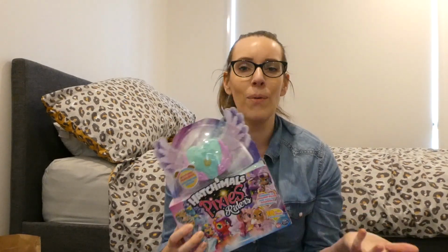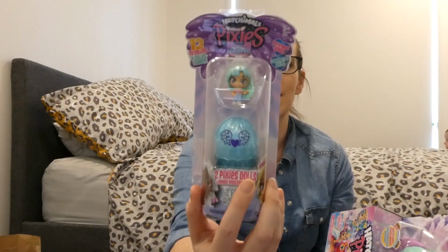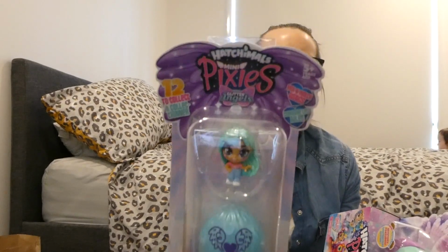And then my youngest one just loves everything. I mean, especially stuffed animals and anything her sisters have. So we're not looking at the newer toys or anything. When I went to the store, I was like, where's the Hatchimals? I was looking for the regular ones, and this is all they had, and I realized that it's completely changed. And then to go with it, I got the little Pixie glitter angel, so the one that kind of matches